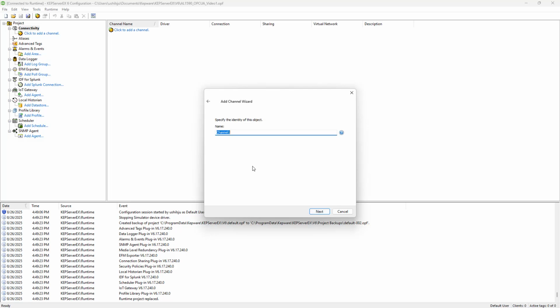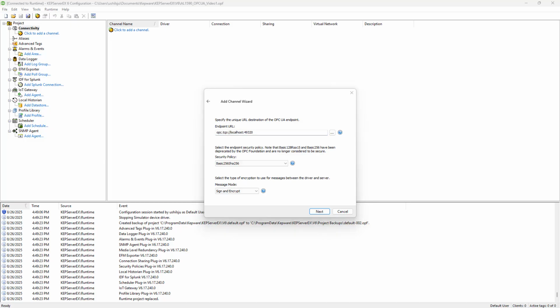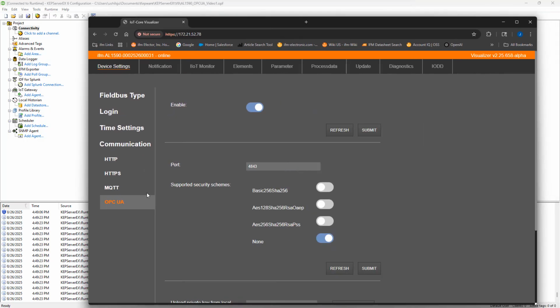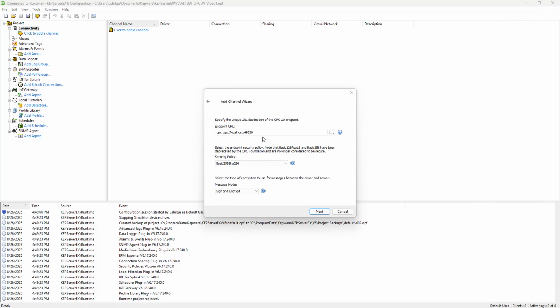Next. I'm going to call this AL159x master test 1. Next. Next. So taking a look at the IoT Core Visualizer tool here, my OPC UA port is 4843 and my IP address on the network is 172. So with that in mind, I'm going to come here and